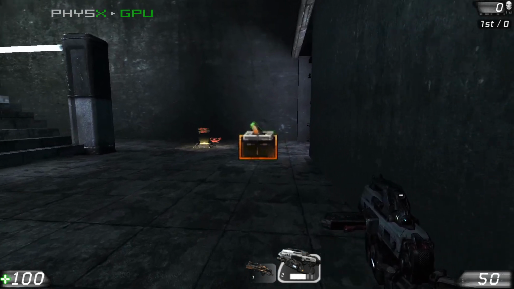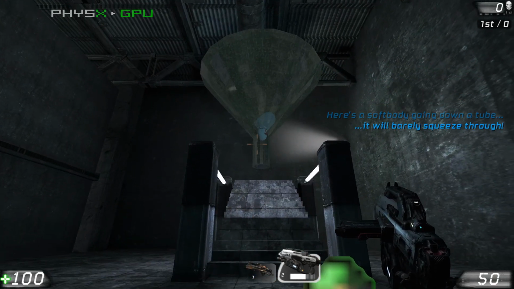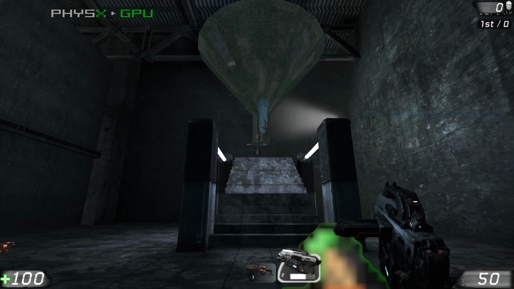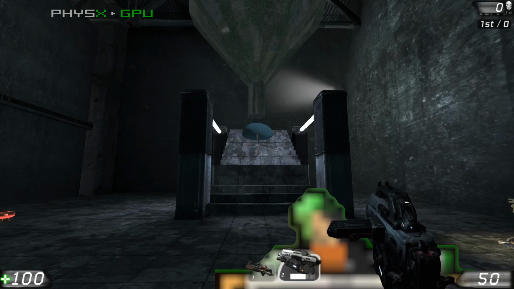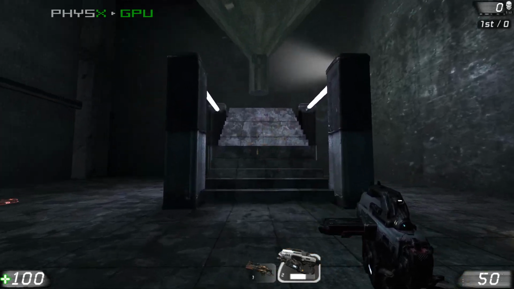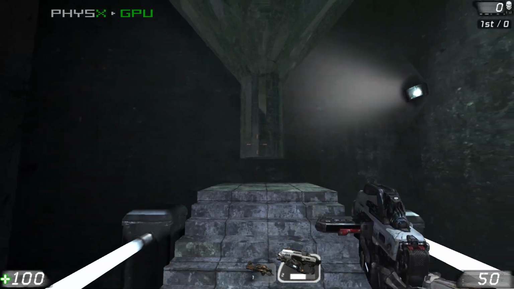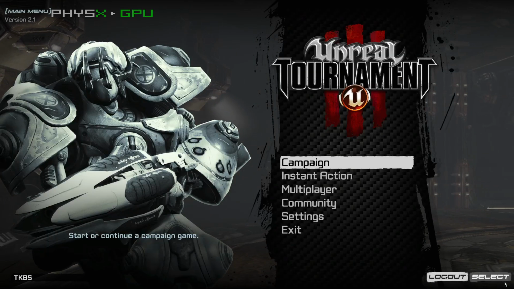What's important about this is if you have the incorrect setup, this ball will simply not fit down the tube. So what happens is it becomes too rigid and it won't fit. And then if it's glitching out and flying off and stuff like this, that's actually a really, really strange bug, which has nothing to do with NVIDIA PhysX. So we'll demonstrate that now, where we